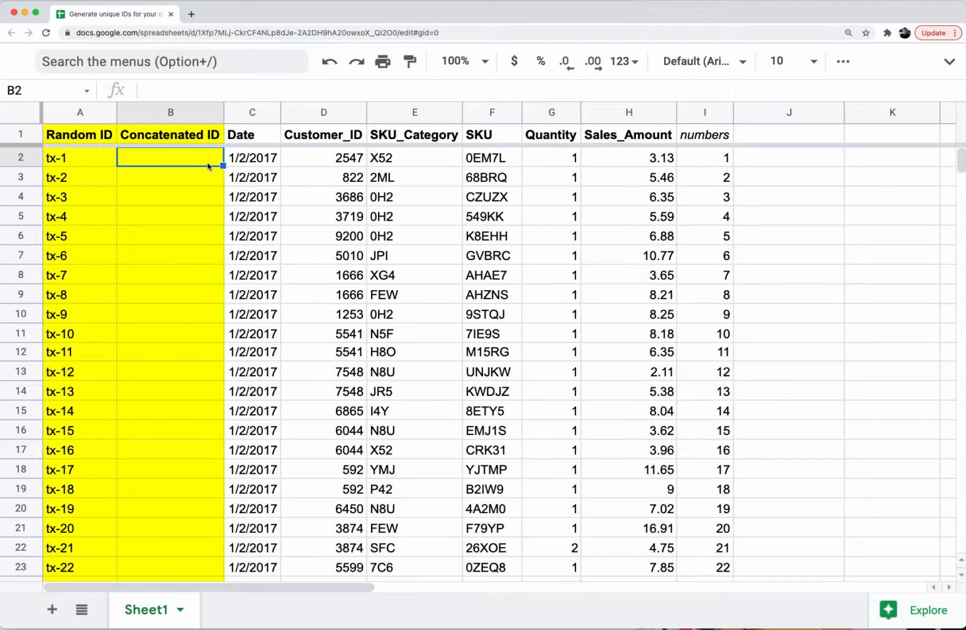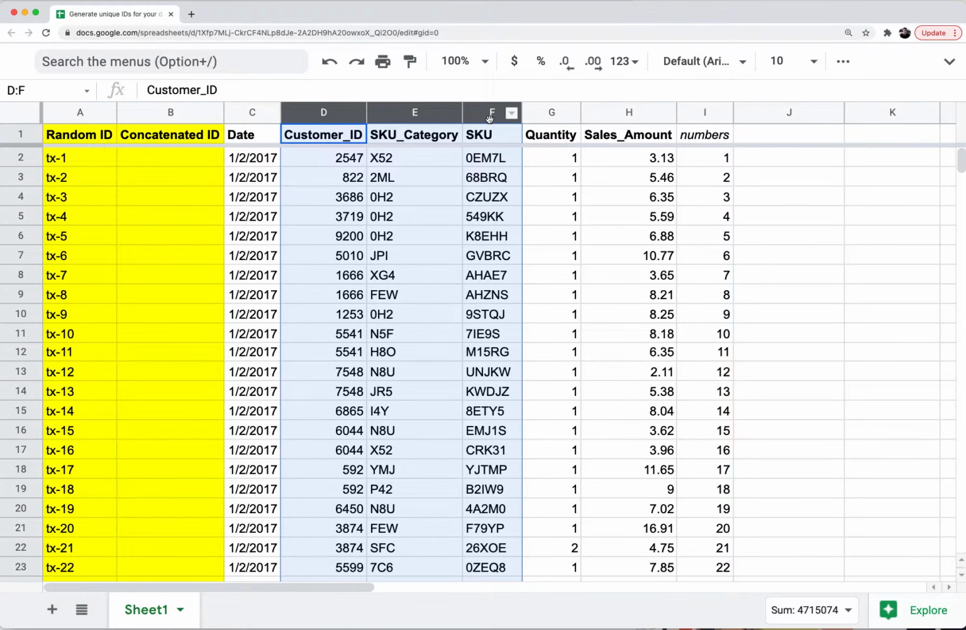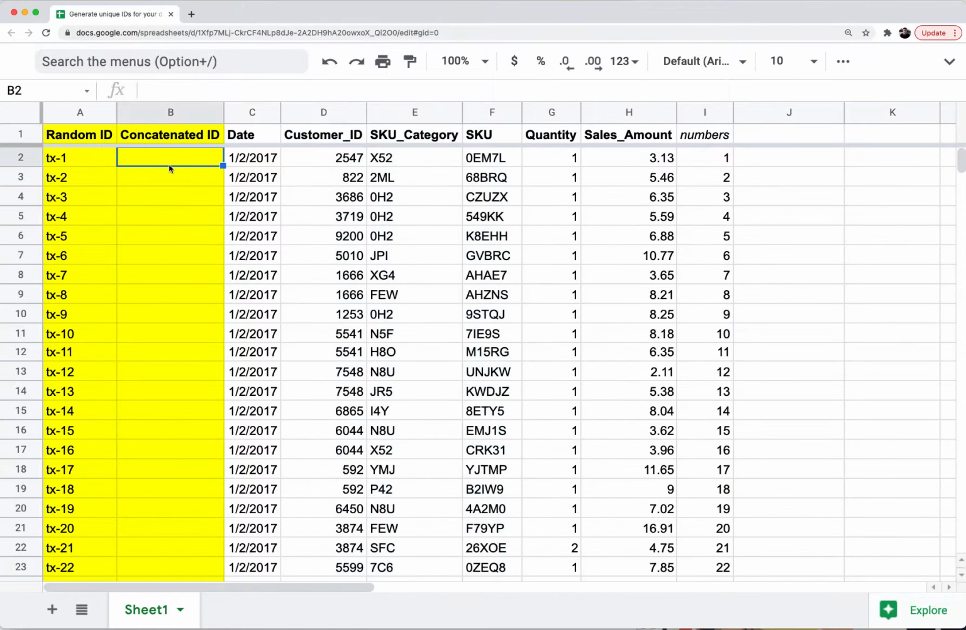So what I'm going to do is combine columns D, E, and F, concatenating them together to create the unique ID in column B. So let's say in B2, I'm going to write equals D2, which contains my customer ID. I'm actually going to put a dash in between all my cell references. So D2 ampersand, double quote, dash, double quote, ampersand, SKU category, and then add another double quote, dash, double quote, and then add my final unique identifier, which is the SKU in column F, hit enter,